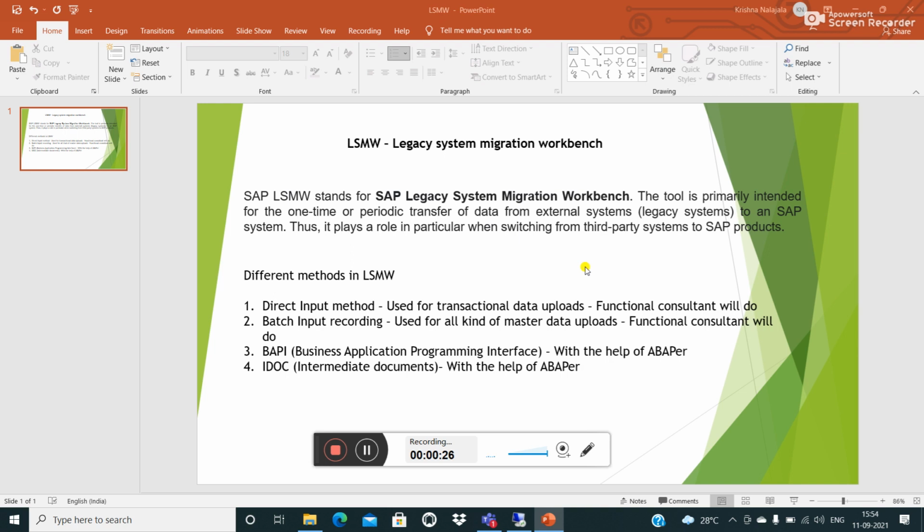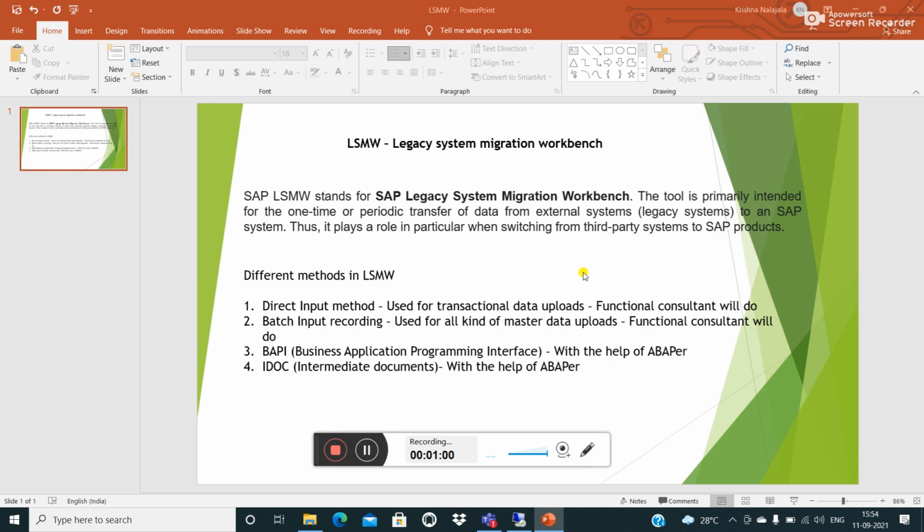And also, most of you know it is not only used to transfer legacy data to the SAP system. In the SAP system also, if there is a need to create master data in bulk at a time, you can directly create a program in your production system with prior approvals and get it done, so that it will be easy for you to create a huge amount of data in less time. That is the beauty of this program.